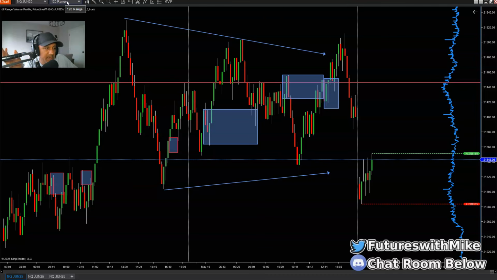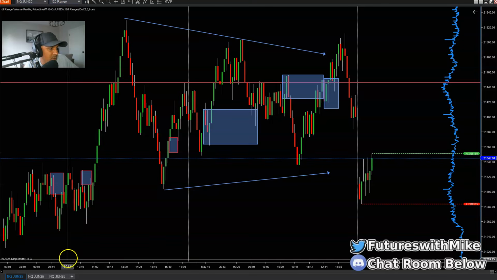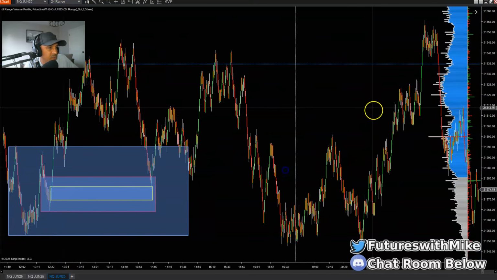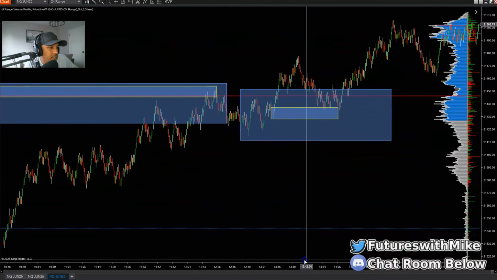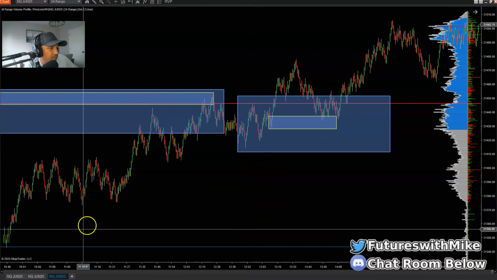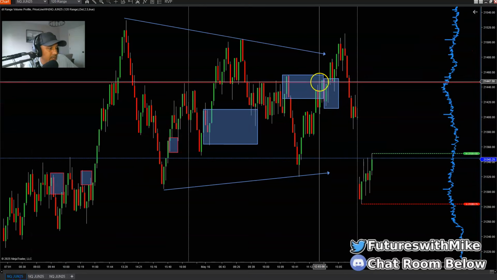Or possibly even a 1-minute chart. You can go from the 60 to 5 and 1 if that's what you trade time based. For me, I'm scaling down from the 120 down to my 24 range chart. So if I move down to the 24 range, I'm going to show you right quick. The larger box right here, that was the demand zone from the 120. Okay, right here.